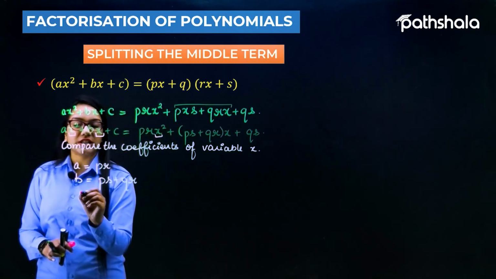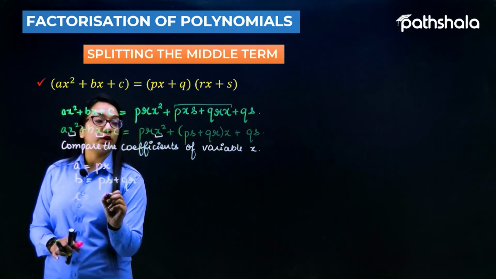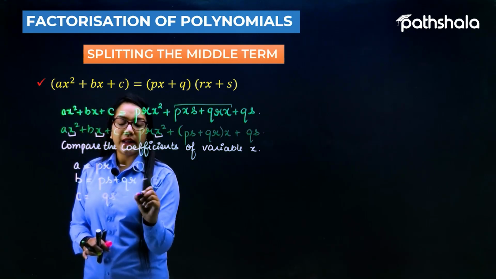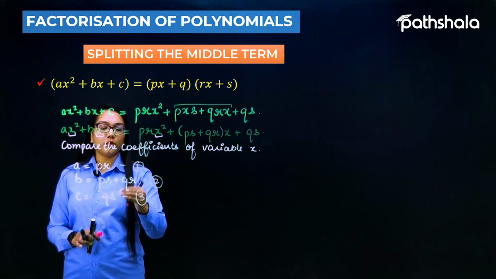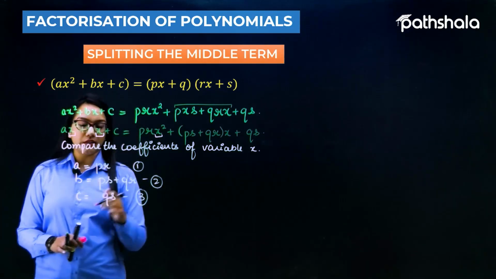And the constant is c on the left hand side, and on the right hand side it is qs. Let me call these 1, 2, and 3. From these three equations we can deduce that